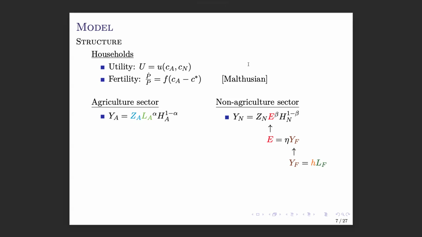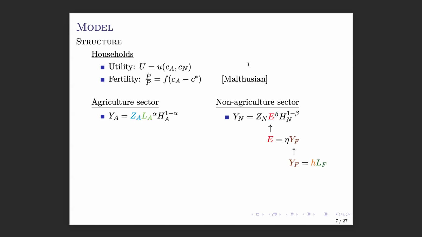So L sub F is, sorry, forest land, I misspoke, L sub F is forest land, and h is, let's say, per hectare biomass or harvest. It's the mnemonic there, right? So you harvest on forest land, and the product of those things is